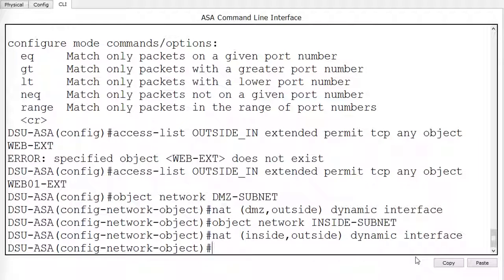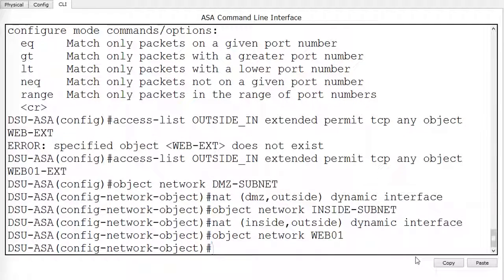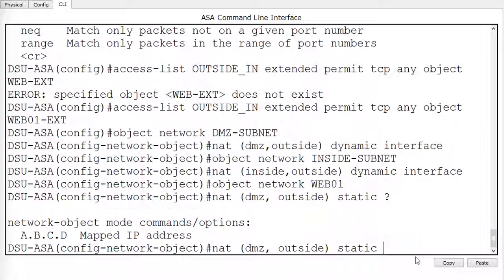Depending on the version of ASA that you're running, this command can be slightly different. So what we're going to do is go back to our object network, web01. This is where we identify the internal IP address of our web01 server. We're going to say NAT. This exists on the DMZ. It needs to be tied to the outside IP address. But instead of doing a dynamic interface, we're going to do a static mapping. So static, and we'll go